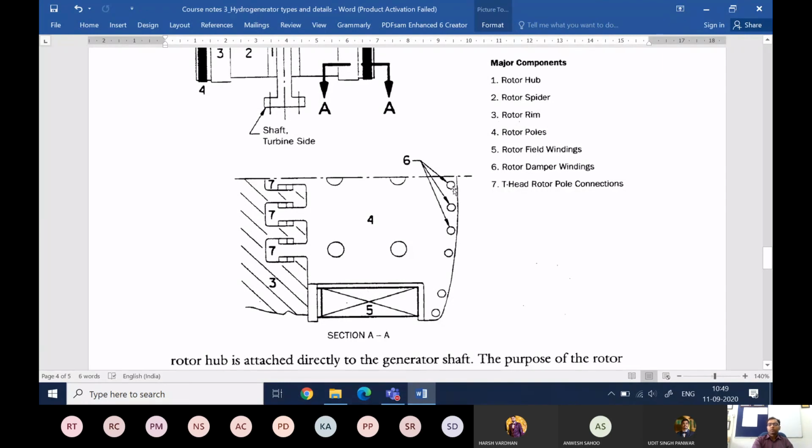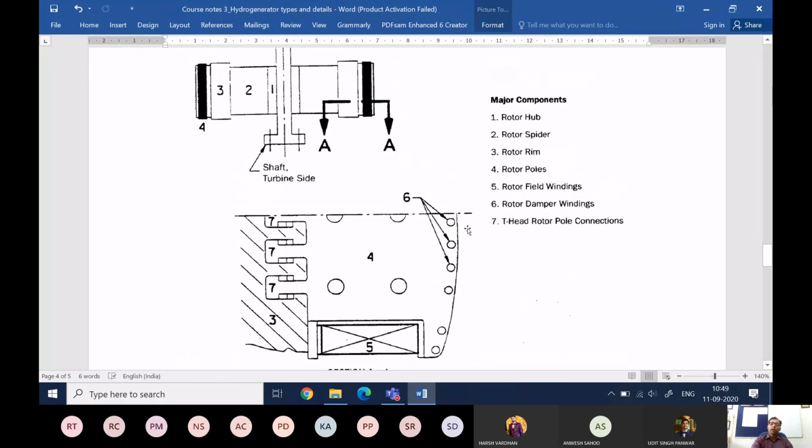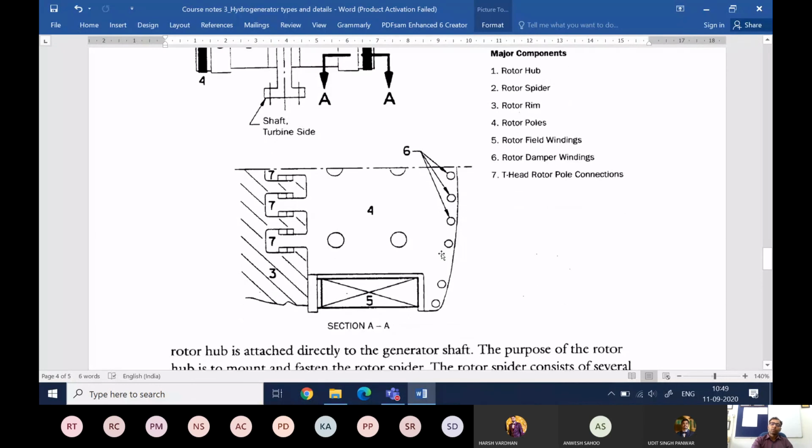Then number 6 are known as the rotor damper windings. This is basically a secondary winding which is placed in these small slots along the face of the pole. And the idea for this is to produce damping to cut down on the oscillations in the machine. Because when this thing rotates, and especially if there is a speed change, there will be oscillations always, which will cause transients in your voltage and current waveforms, which is not desirable in the power system. So to cut down on those mechanical oscillations, we place something known as the damper windings, and they damp the oscillations.